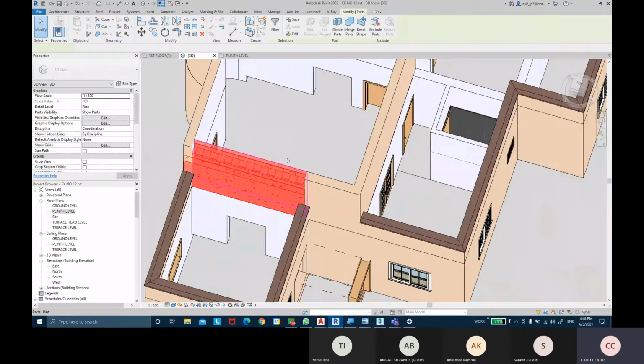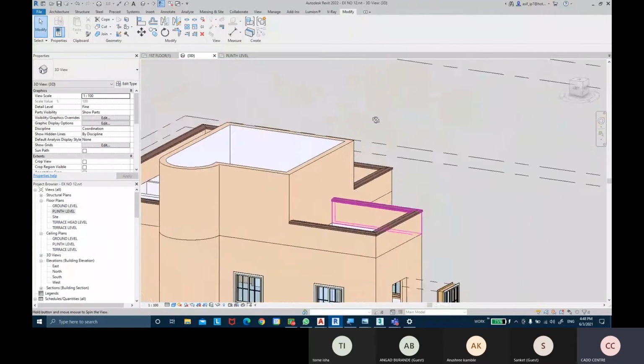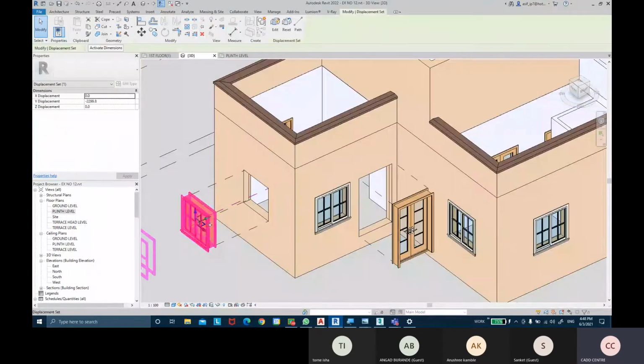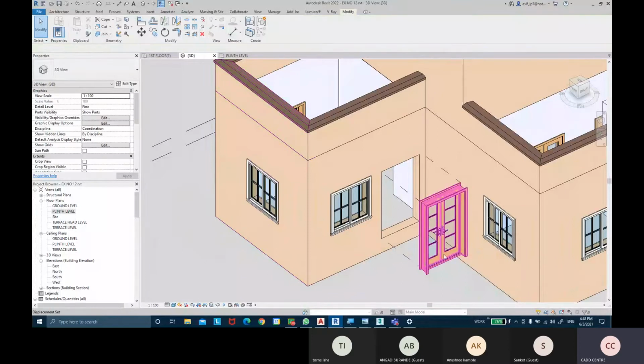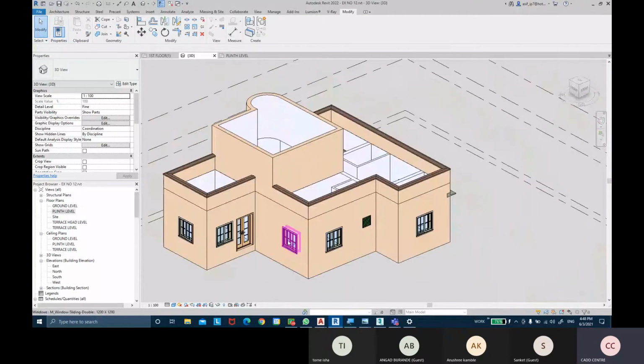Once again, I can select all these walls and press delete. Once again, it says me associate part will be deleted and won't be visible, and it will be seen entirely as a finished view basically. Okay, same over here. In yesterday class, we have exploded the window, so we can press delete, put it back where it belongs. We can show or unshow the detailings as well basically.